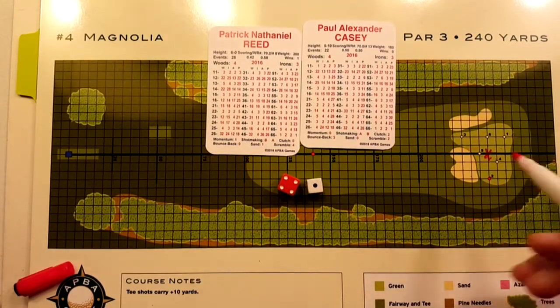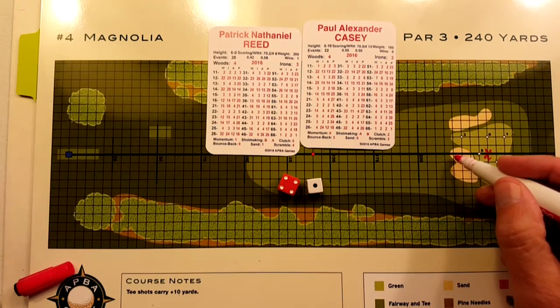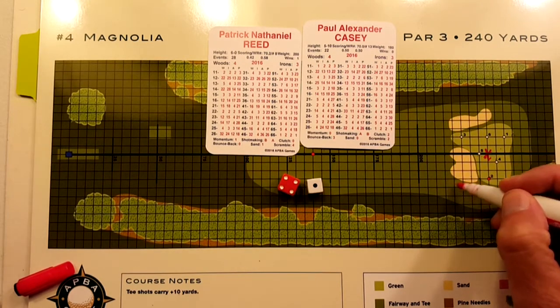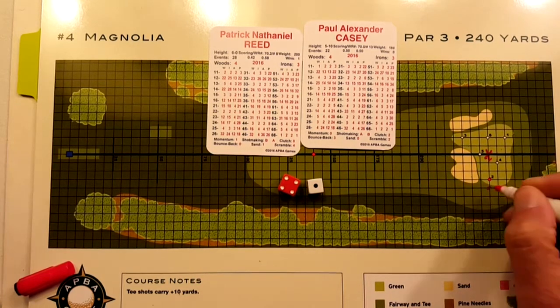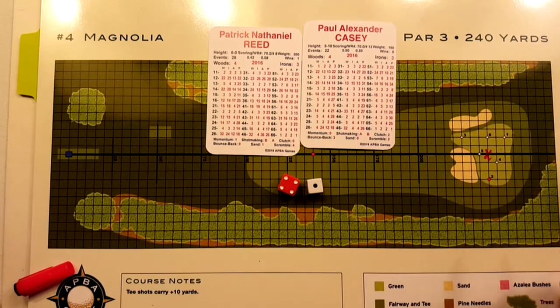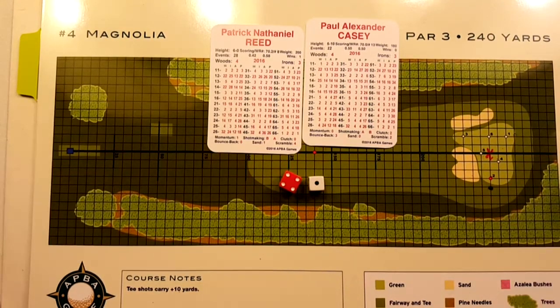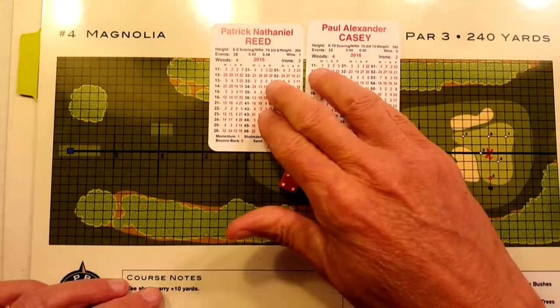16 is 210, naturally, 210. Right 20, actually 220 because tee shot's going extra 10. So 220 is right here. And then right 20, 10, 20, and then a roll of 20. It's not going to turn out too bad. 10, 20. He actually turns out pretty good. Darn pins. There we go. 210, 220, plus 20. Right 20, roll of 20. So he ends up taking the long way around, but he...